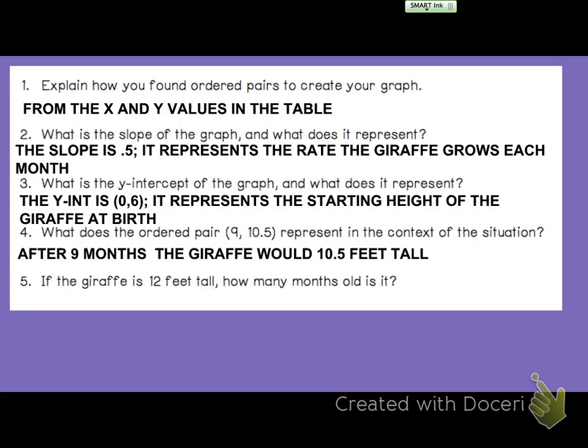If the giraffe is 12 feet tall, how many months old would it be? Well, what I'm going to do is insert 12 into my y, and find how many months old it is, and it's going to be 12 months old. And I can show you that real quick. So I have my equation y equals mx plus b, and it says the giraffe is 12 feet tall. So basically,